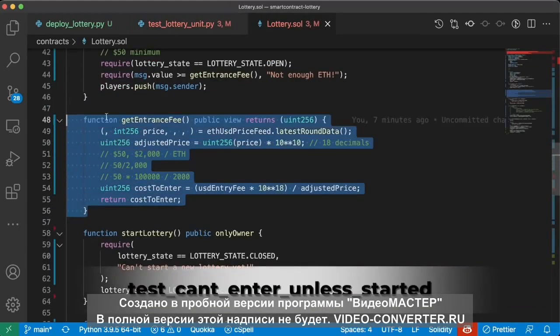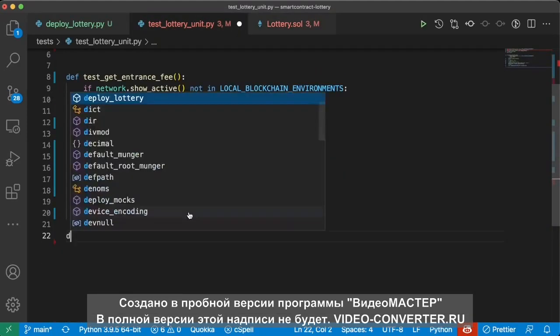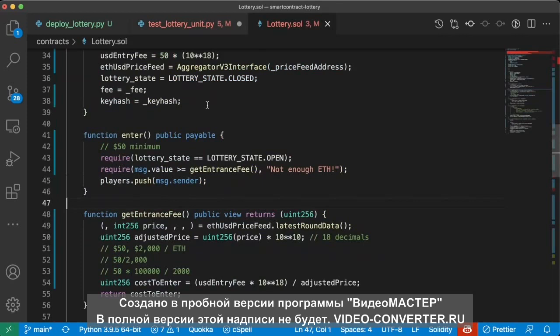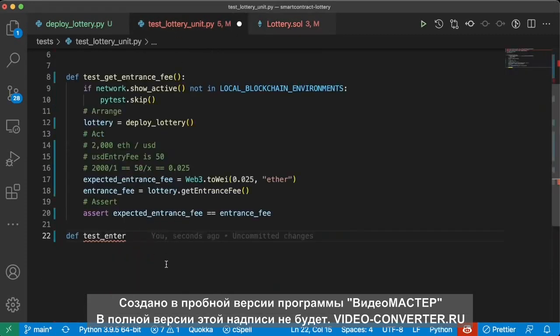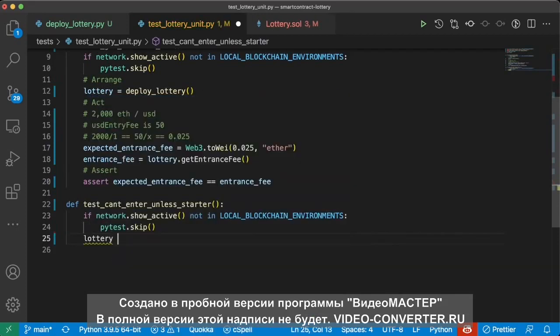What's the next piece that makes sense here? Enter is going to be one of the first things that these developers do. So let's do def test_enter. But let's even be more specific than that. We don't want people to be able to enter our lotteries unless the lottery is actually started. So let's make sure that this line actually works. So we'll call def test_cant_enter_unless_started. And again, we're only going to run this on a local development chain. So we'll just copy paste this section down here. We'll say lottery equals